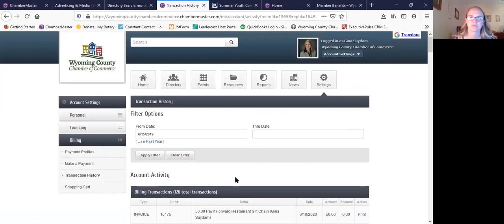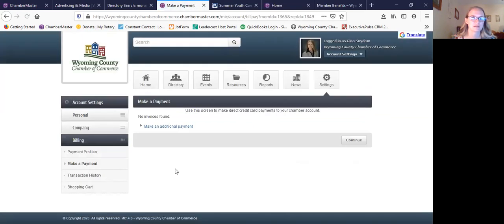I don't want to show too much information there, but this will show you information about previous invoices for your business. This will show you if you have any outstanding balances with the chamber. And you can pay these right online. So if you wanted to make a payment, you could go in and do that. Again, it would show the invoices that are outstanding here, and you could go in and pay with your credit card right online. So just some ways to utilize your member center to increase your visibility through our chamber website,